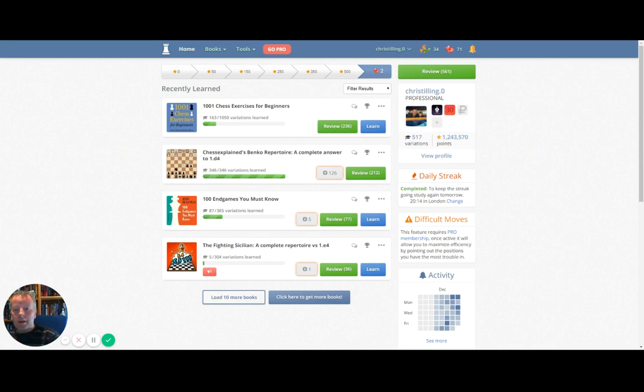This is a web page that actually facilitates learning in a quite unique way by deploying what they call spaced repetition, or at least that's one way of describing it, so that you can memorize large swathes of, whether it be opening theory or tactical patterns or endgame positions, indefinitely, to memorize them indefinitely, and to do so through spaced repetition.